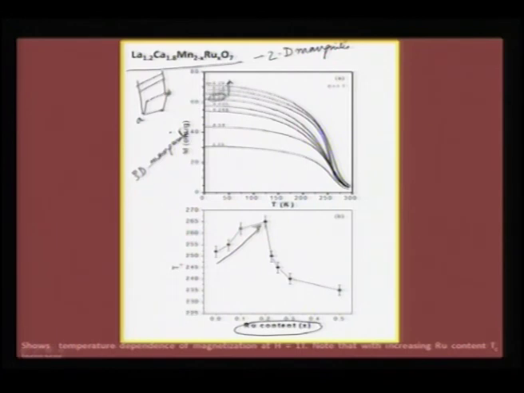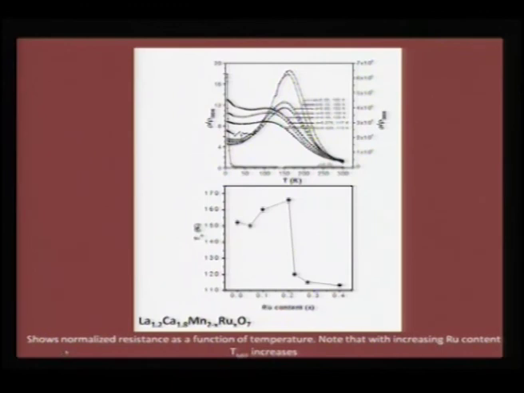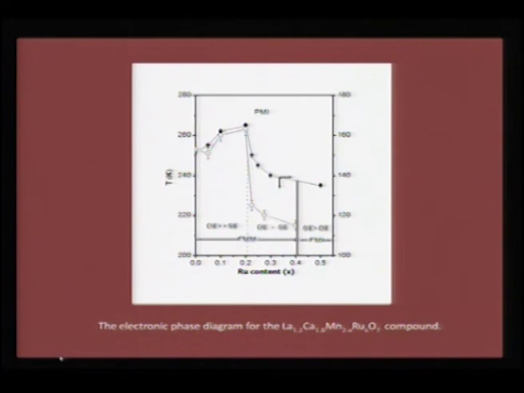So, something very unusual is happening when ruthenium is doped into manganese, and you can see that the same happens when you change from strontium to calcium, again an increase in magnetization, and therefore there is something that we can draw. There is a clear double exchange which is dominating over super exchange up to 20% of ruthenium doping, beyond which there seem to be some competing magnetic interactions, which I will discuss in some other module